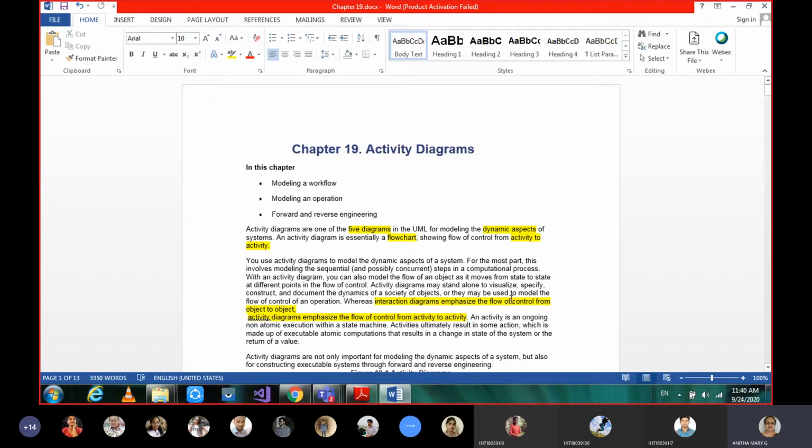I want you to answer now, anyone? How is the flow control transferred in interaction diagrams? Between whom?